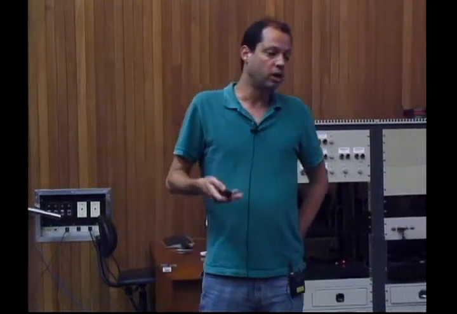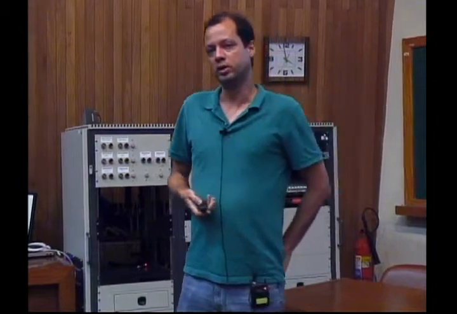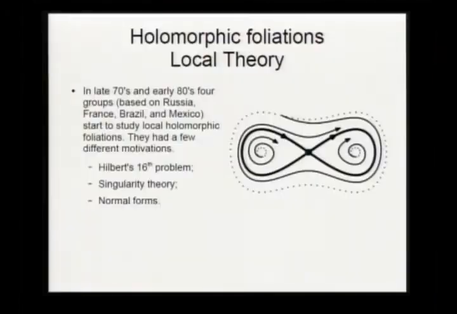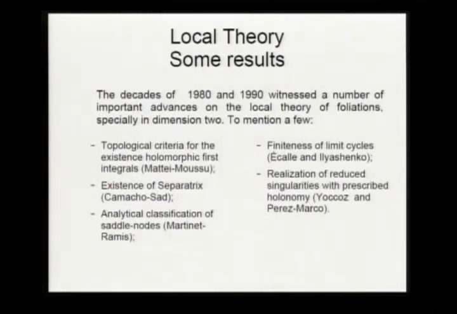There is also a lot of motivation coming from René Thom, then a proponent of singularity theory, and he made several conjectures on the field which asked for research, and also by generalization of classical results, most notably, perhaps, the results on normal forms of singularities due to Poincaré. Okay? And in the decades of the 80s and 90s, we saw a lot of important advances.